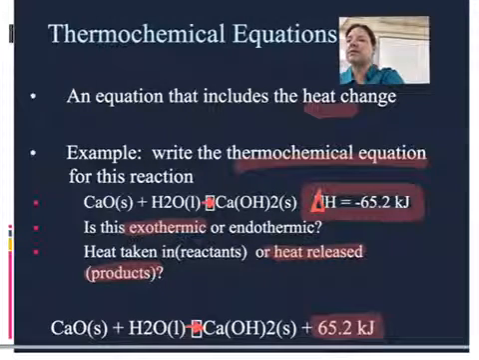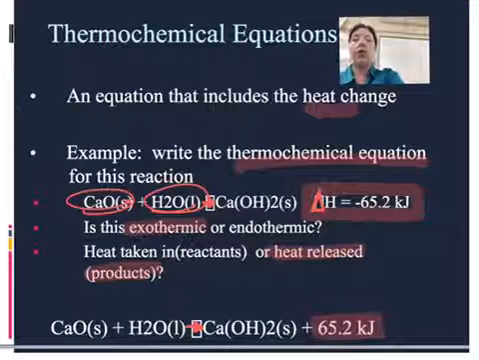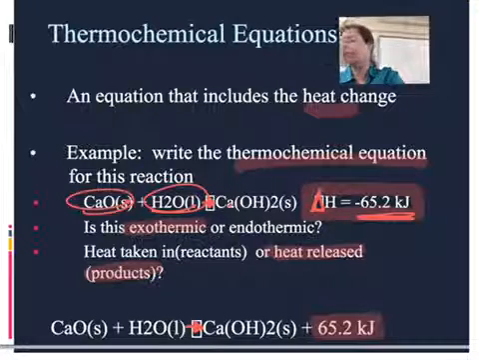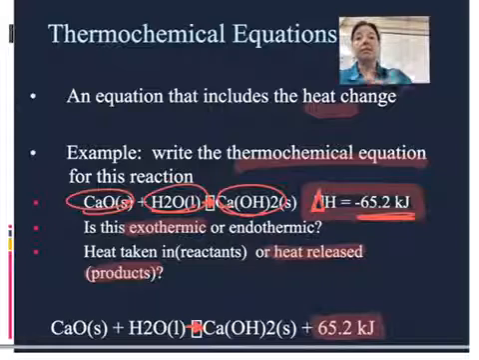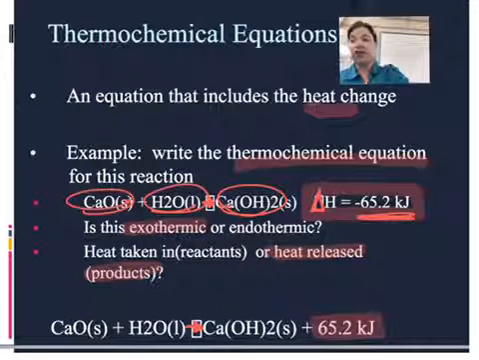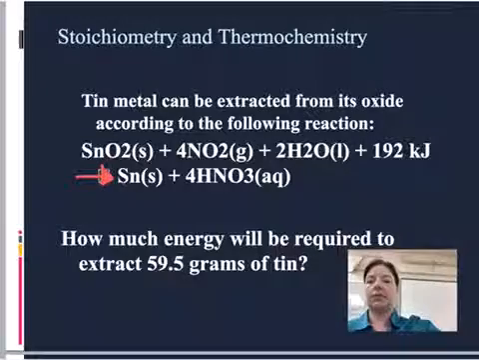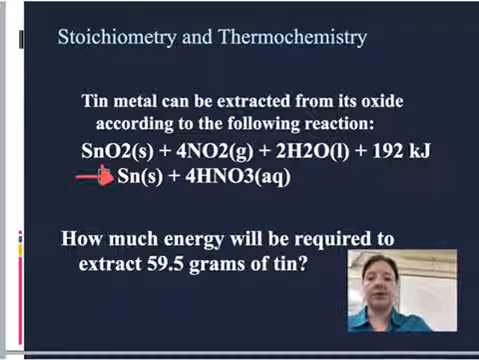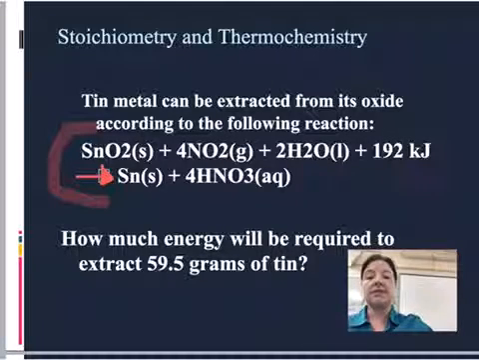What this tells us is that if we've got 1 mole of this material reacting with 1 mole of this material, we will produce this much energy as a product, and we will produce 1 mole of this material. So there's a molar relationship according to our balanced chemical equation. So in this problem, tin metal can be extracted using a chemical reaction. We have our balanced chemical reaction here, and we can see that energy